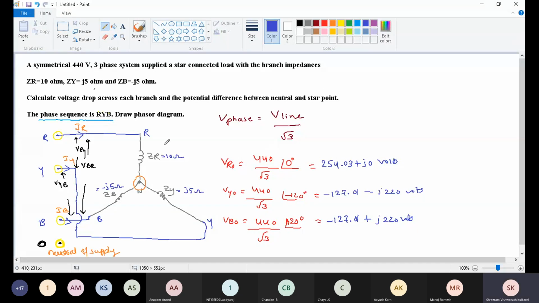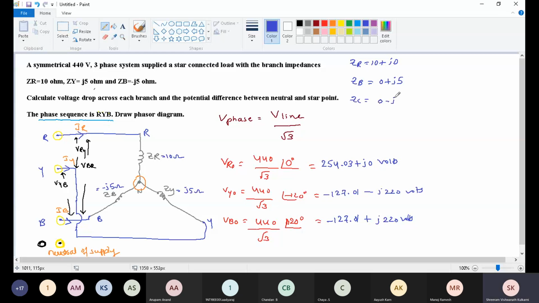Okay, here in the question ZR, ZY, ZB are given. First we'll calculate those things. ZR is given as 10 plus J0. ZB is given as 0 plus J5. ZC is given as